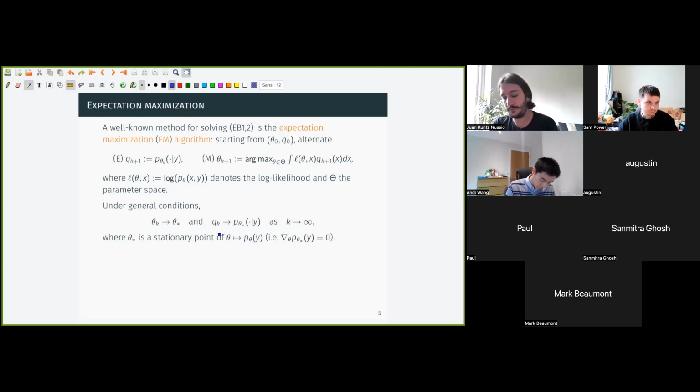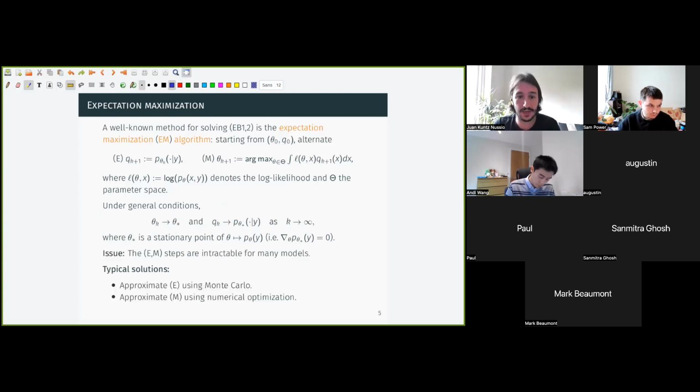Now, for me, the main issue with EM is that you can't actually do the E and M steps for many models out there, most models, I would say. In particular, in the E step, we have to compute posterior distributions, which means evaluating the normalizing constant, which is that integral over latent space that was causing us issues in the first place. And in the M step, you still need to compute integrals over the latent space, and on top of that, optimize over them, which proves difficult in many cases for the same sort of reasons.